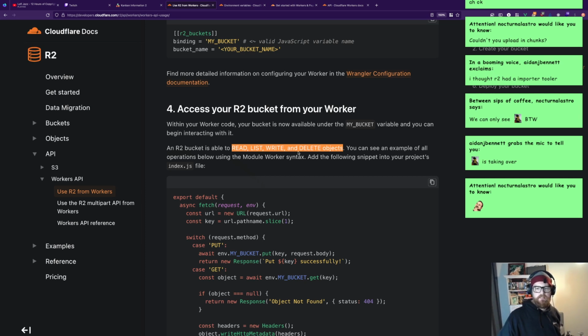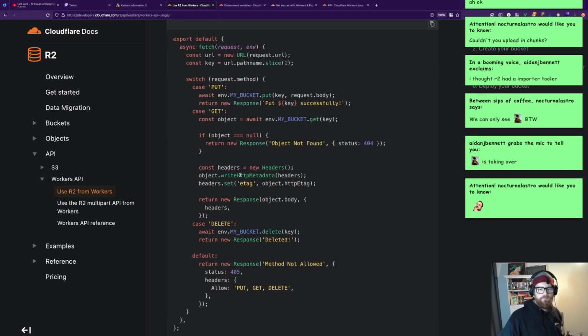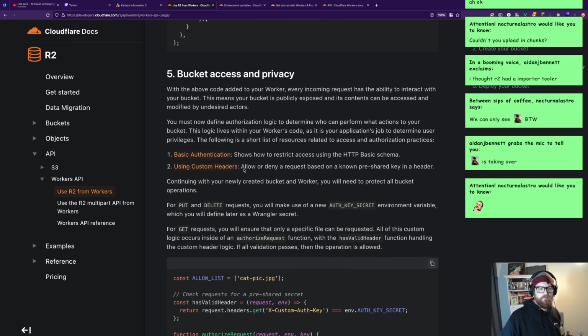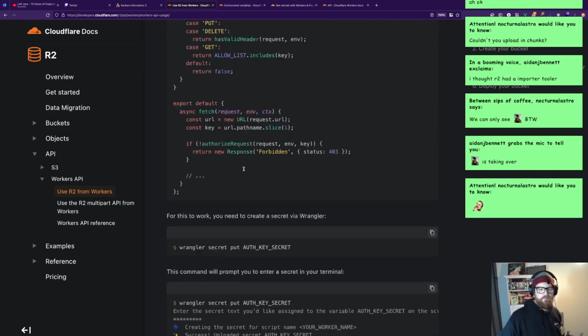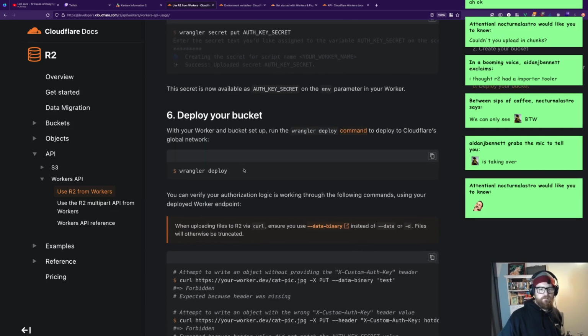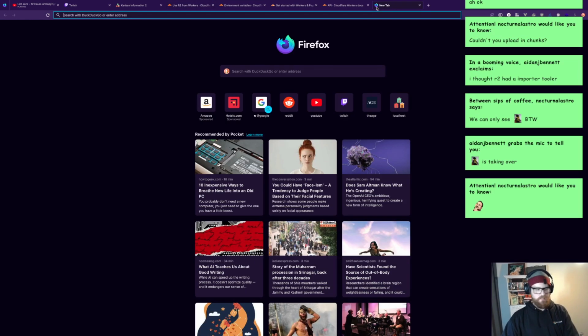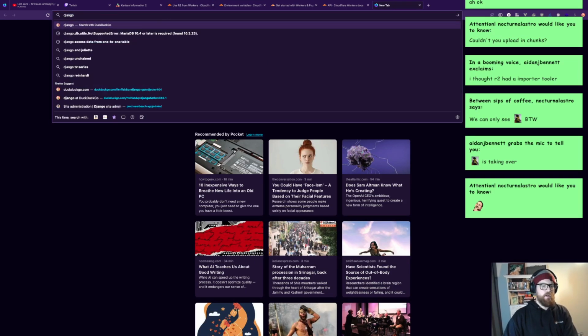You can see an example of all operations below using the module worker syntax. Alright, I am confused. I'll tell you what, let's just research Django